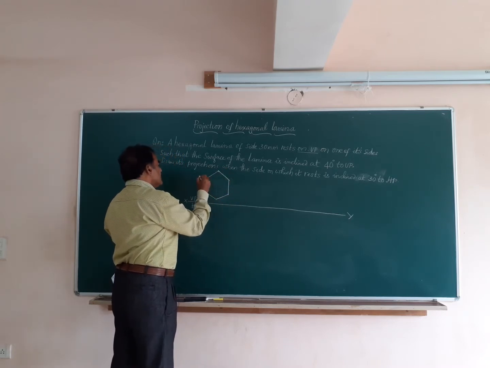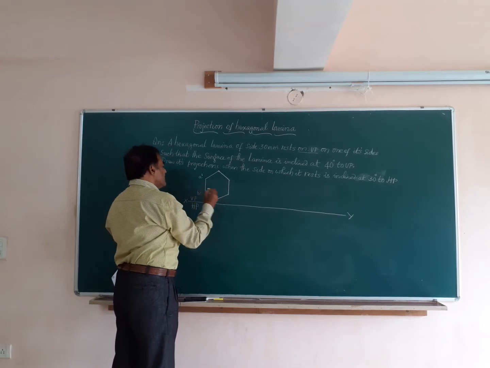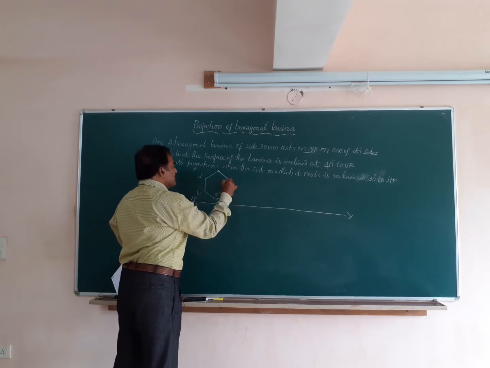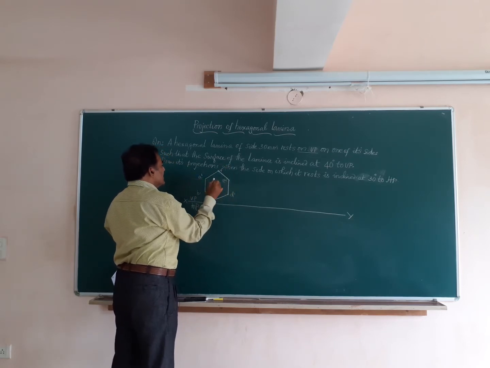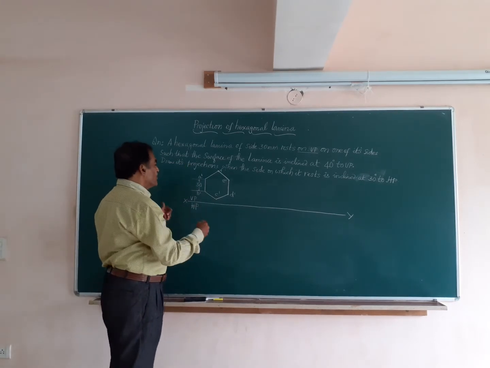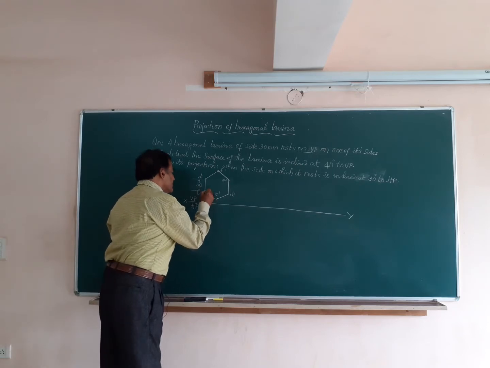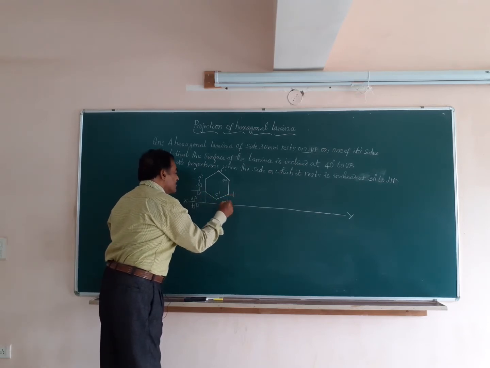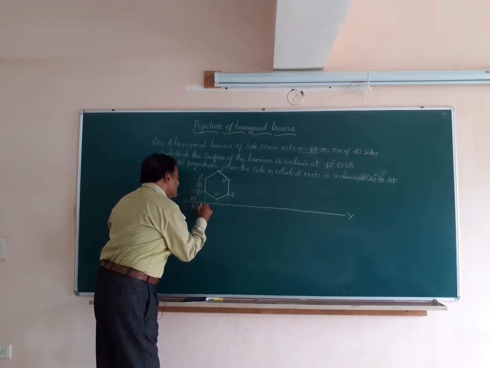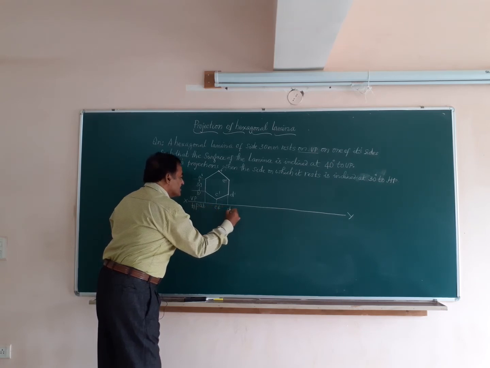With one of the sides AB, say this is A dash, B dash, C dash, D dash, E dash and F dash. Friends, this is the hexagon in the front view, and it has a side measuring 30 millimeter. This is the front view, my dear friends, and the corresponding top view will be a line on this XY. So I just project a line from here, another line. So this point will come exactly in the center. So this I am going to mark as AB, this is C comma F, this is D comma E.